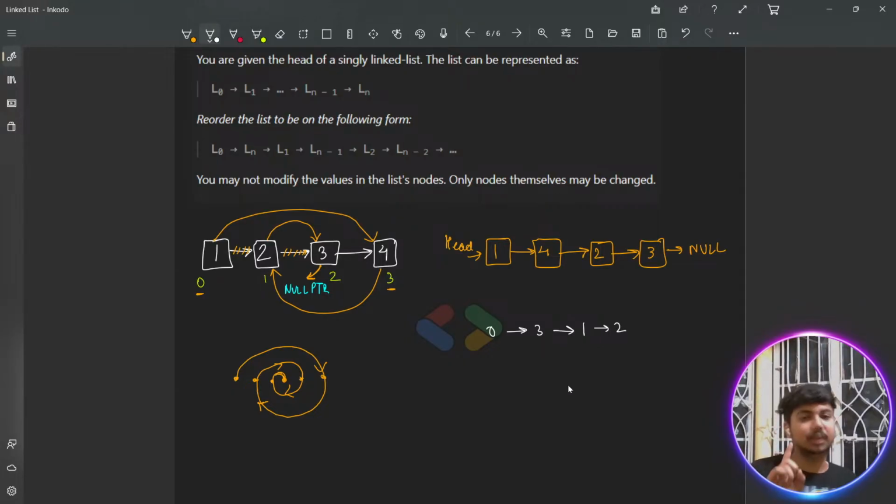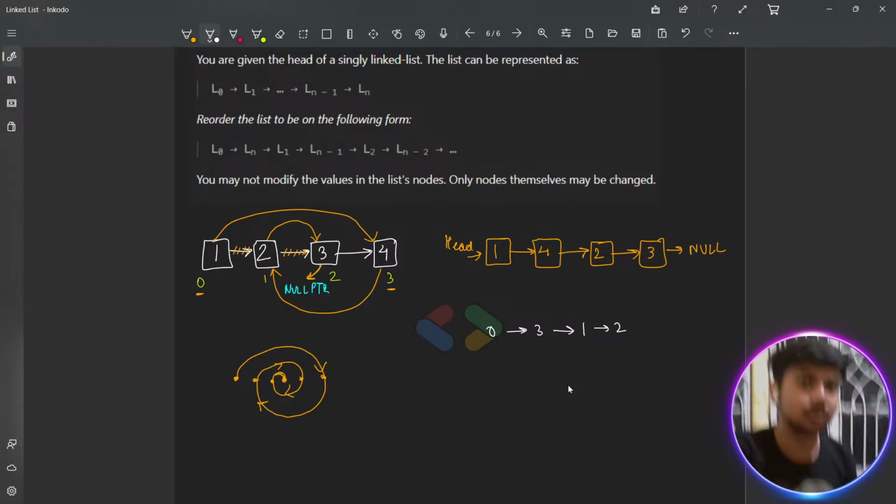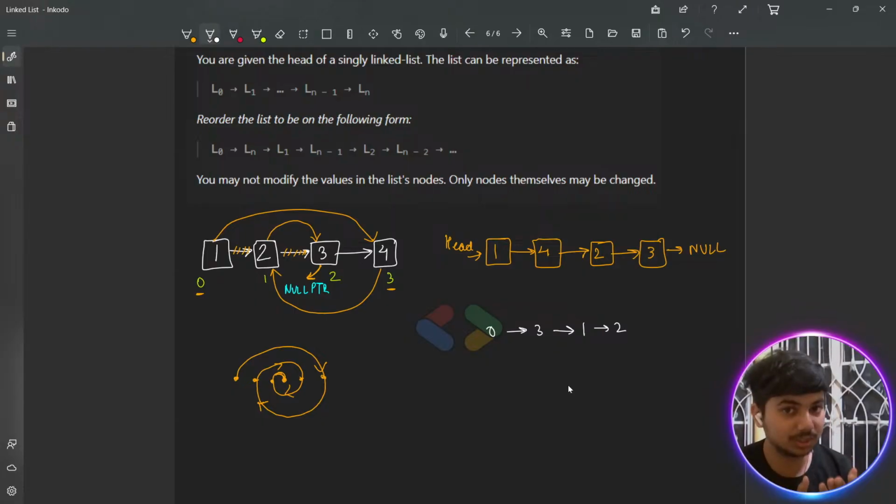So one thing that comes into my mind is, is there a data structure in which we can put this particular linked list so that we can directly access that particular thing, right? An array is one such data structure where you can directly, in order of one time, access the zeroth index, and the next moment you can access the third index, right? Array is one kind of data structure, and so are vectors. Okay, so one thing that pops up in my mind is, why not have a vector,